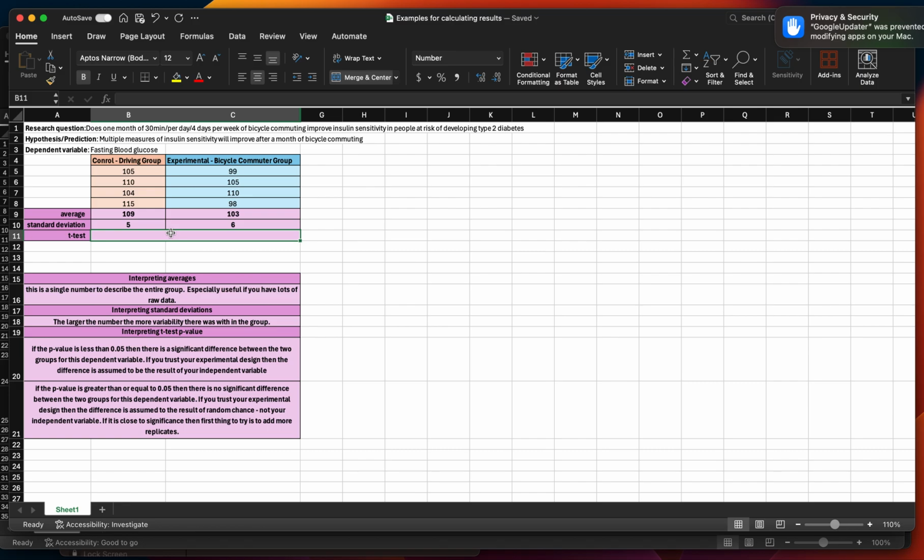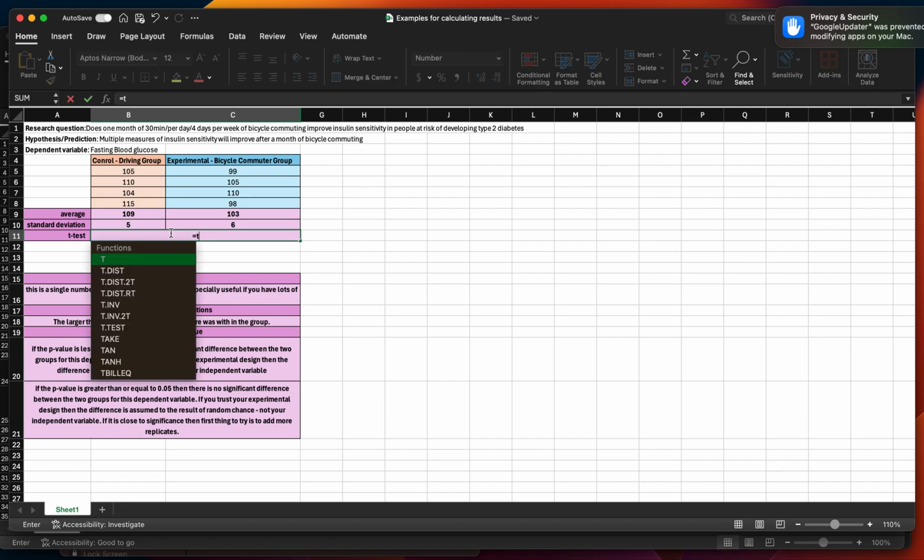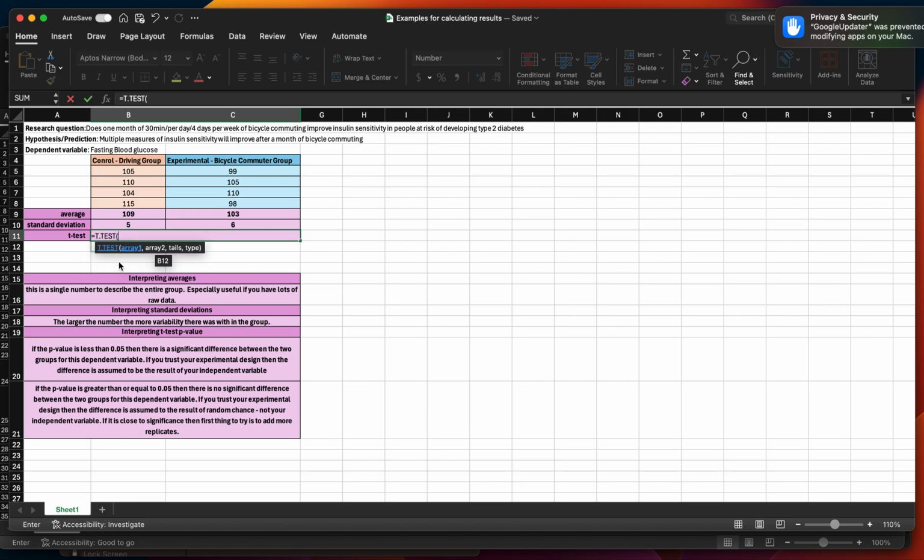Again, I still need a better statistic than this. This is still kind of eyeballing statistics land. So let's go to the t-test, which is equals T.TEST, click it, and then you're going to select your first 4 pieces of raw data, enter a comma, your next 4, comma, and all of us, regardless of what kind of data you're using, will use a 2-tailed distribution. So type 2 and comma,